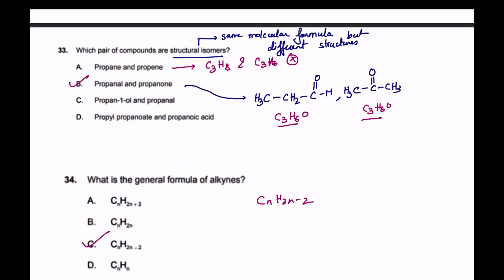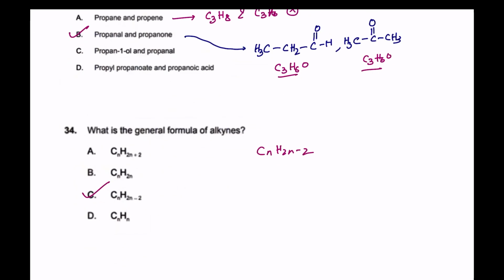They are different compounds. Second one, propanol and propanone. Propanol has C3H6O, and propanone again has C3H6O. But when we draw the structures, we see that both of them are different. Oxygen is at the second position in propanone and in the first position in propanol. So obviously we have the same molecular formula but different structural formula. Option B is the correct answer to this question. You may also try the other options, but in both the options you will get different molecular formulas, indicating that